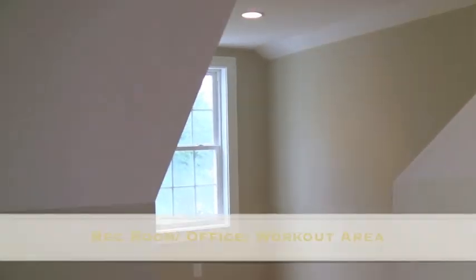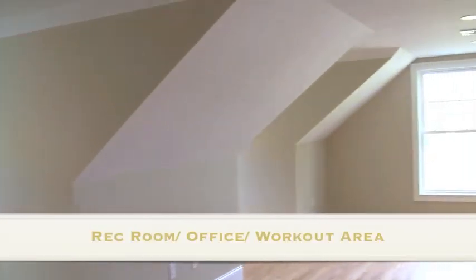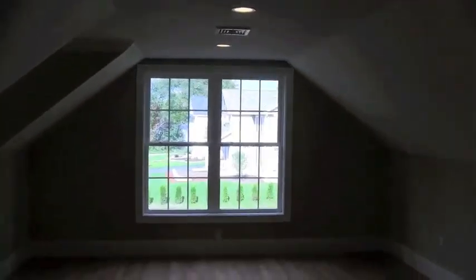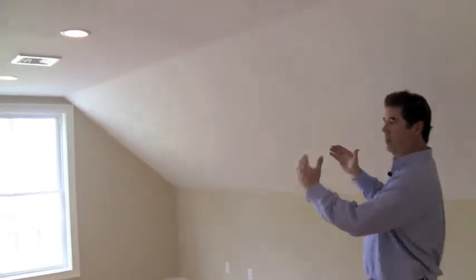It can be a rec room, it can be an office, but he's going to use it for the kids area. They'll be here, and I'm sure they'll have a lot of good things to do up here with TVs and games and so forth. All hardwood floors. We've got the sloped ceilings because this is the part of the garage here, and then behind you we've got